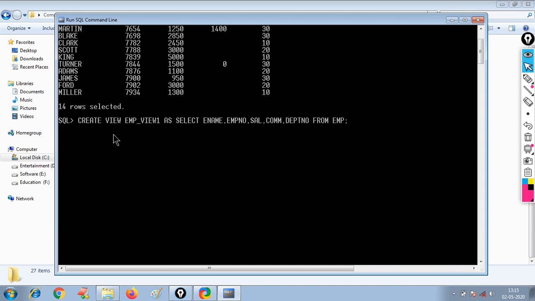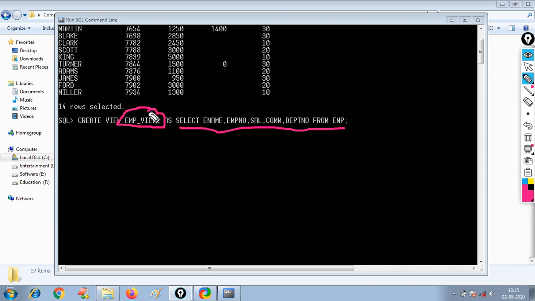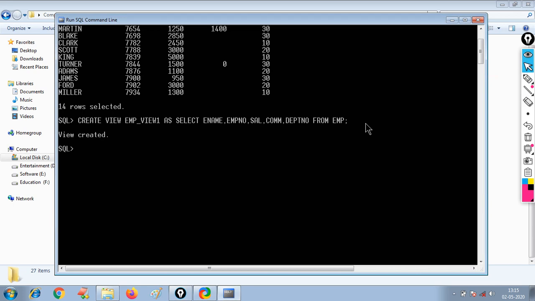So up to this you have already executed from this one select. This is a simple select statement. Whatever result is fetched by this select statement is stored in this view. The view name is employee underscore view, right? So create view name as select statement, right? Whatever the results are there in the select statement are stored in this view. So now you just press enter. Simply press enter here. The view is created.